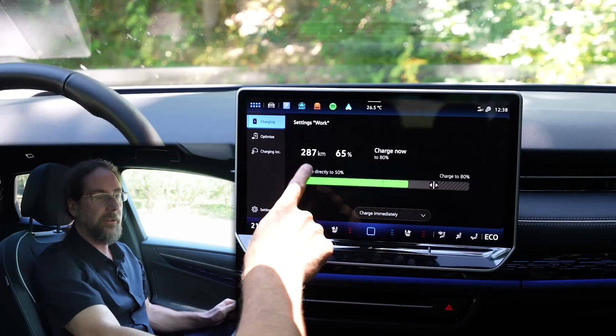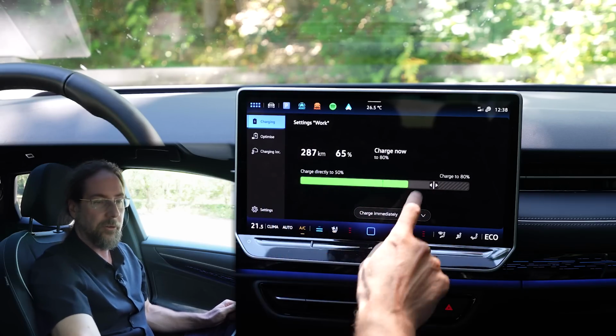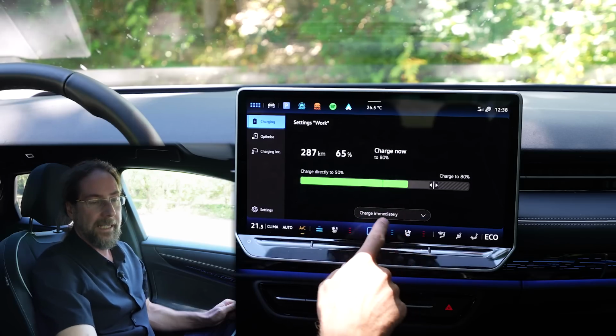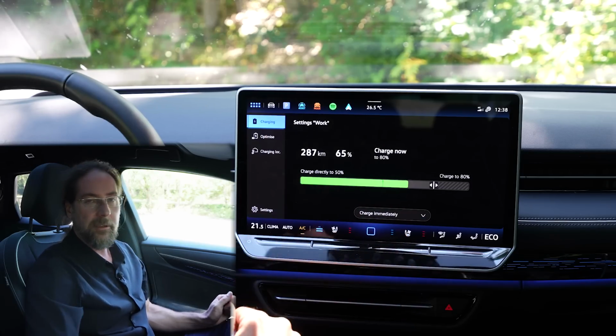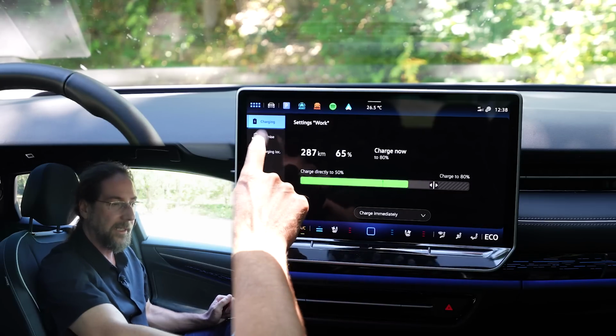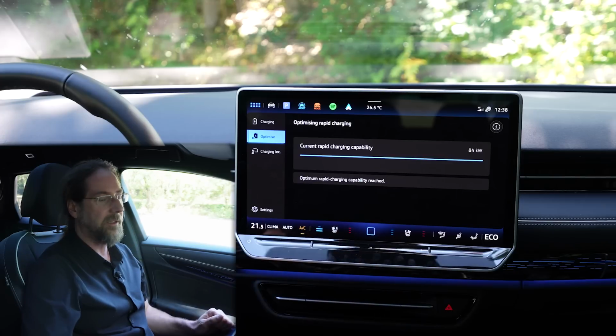Charging. Here you see your state of charge, your range, and then a few settings. You have here your charge limit that goes from 50 to 100%. I have a charging location on right now, and so I have more options, but we're gonna go through this in a second. Optimize, here you see how much power you can charge at this state of charge right now